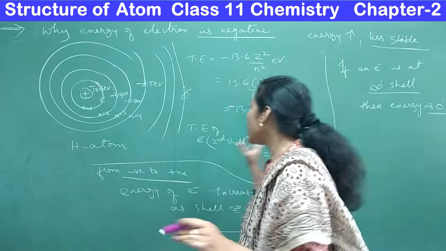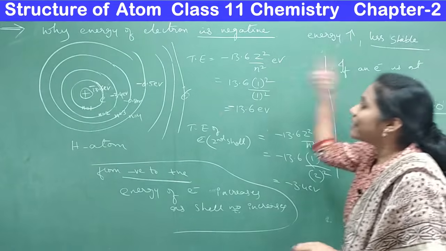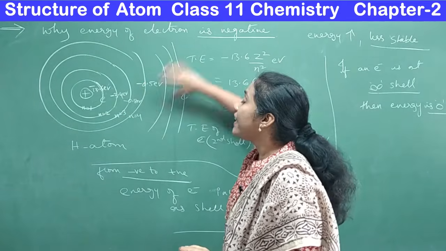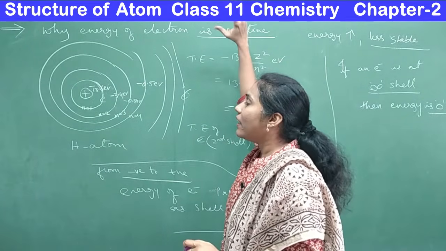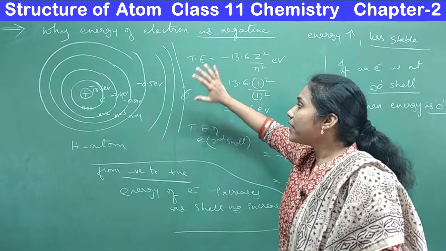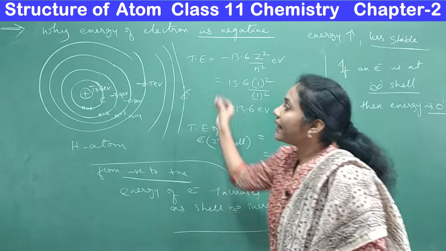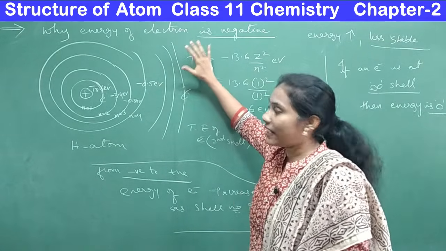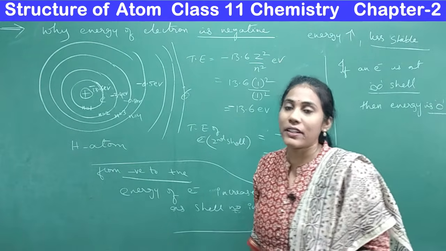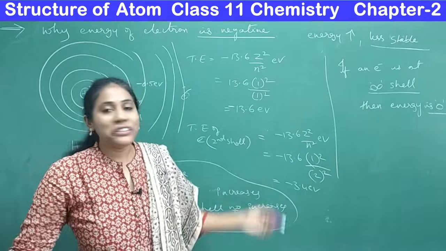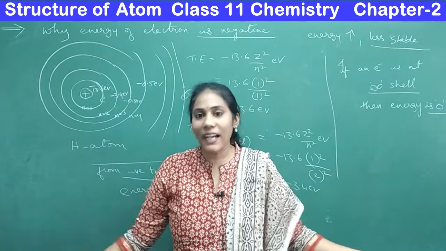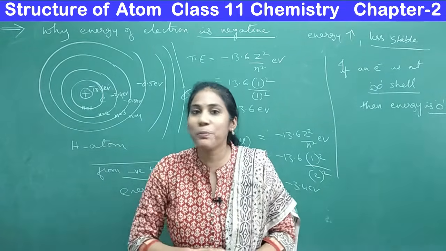So this is the concept behind the negative value of energy. Slowly that negative value decreases as you go to a higher level. Your values are becoming negative to positive. Is that clear? So here, negative value decreasing means energy is increasing for an electron as it is located in higher and higher shells. Okay, fine. That's all about Bohr's concept. Hope everything has become clear for you. So this is the entire theoretical concept behind Bohr's model of an atom.